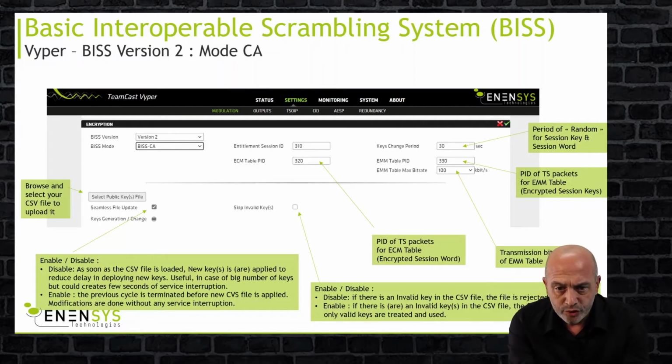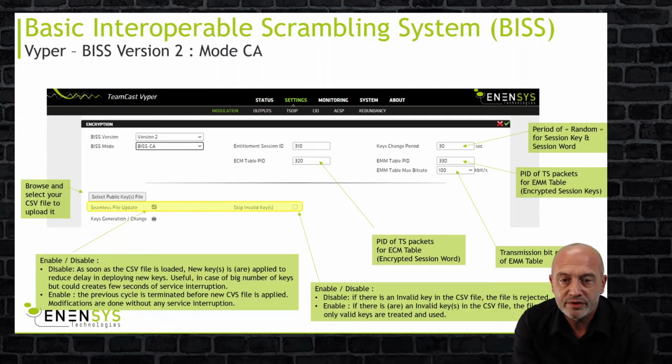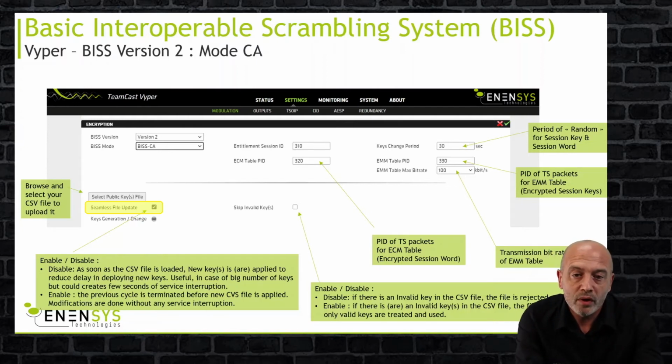And because I told you that the EMM table can be big, you also have the possibility to select different bitrates to transmit the EMM table inside the transport stream. Then here you've got two parameters. The first one is seamless file update. That's the way you will move from the current list of receivers to the new one you are about to